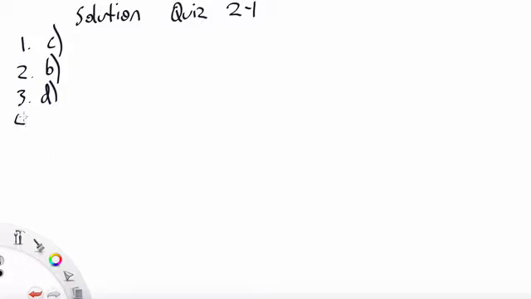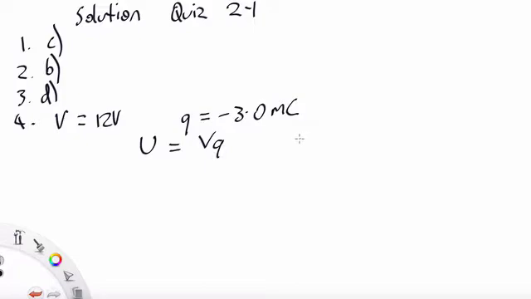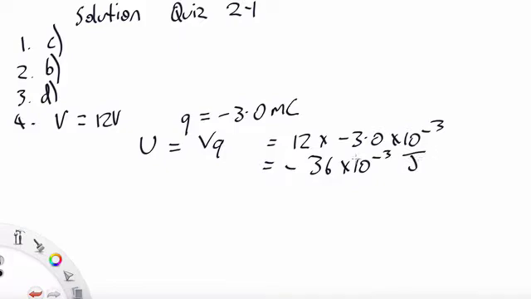And then number 4, we've got electrical potential at a certain point of 12 volts, and we have a charge of -3 millicoulombs. So we know that we have to work out the electrical potential energy. So we're after U, which is V times Q, will be 12 times -3 by 10 to the -3. We have -36 by 10 to the -3 joules, or